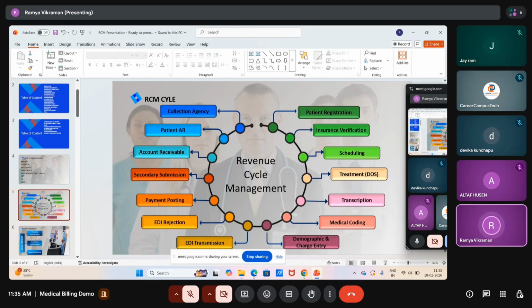So once the primary portion is over, the team will be sending those claims to the secondary to ensure what the primary paid amount is and what balance you still need to take care of. So they will be sending those claims to the secondary. And account receivable is the department that works closely to address the denials.